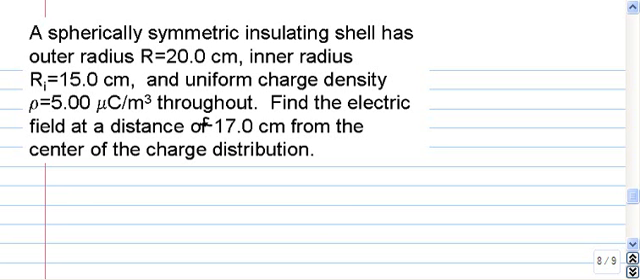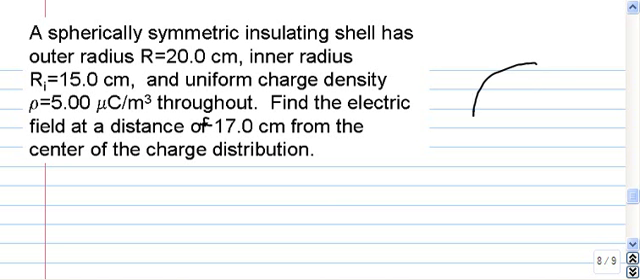All right, in this problem we're asked to find the electric field within a uniform charge distribution. Now this charge distribution has spherical symmetry, but it's a spherical shell, so it has an outer spherical radius and a hollow spherical interior. So in order to get a little bit better idea of what's going on, let's go